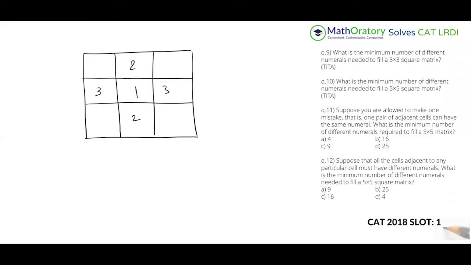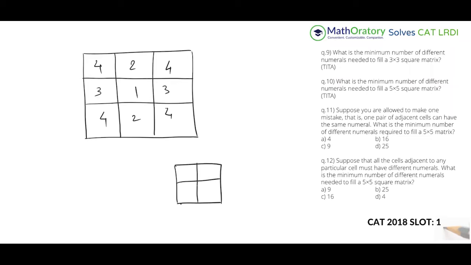So it has to be a different numeral. So it has to be 4, 4, 4, 4. And if you think about it, put it in this way. If I had a 2 cross 2 matrix, every cell has any other cell as an adjacent cell, right? Take any 2 cells, they're adjacent to each other.